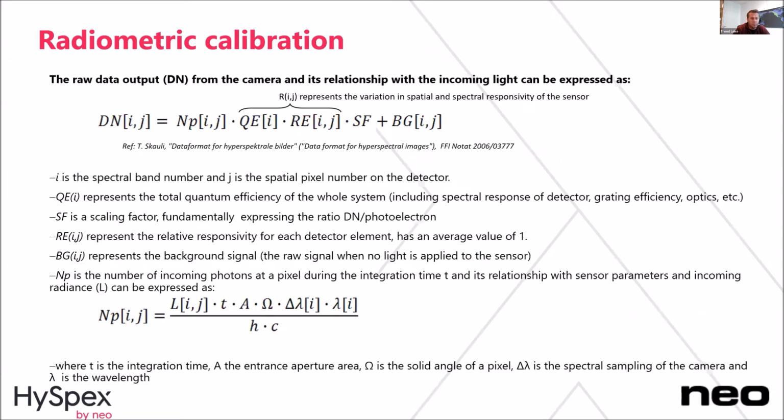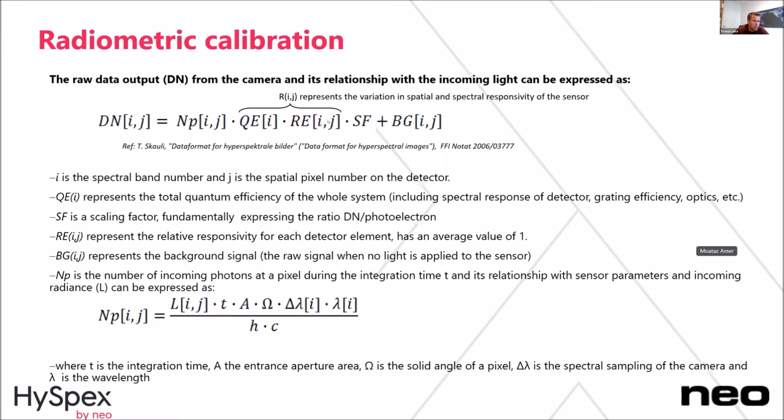So this can be a function for your output digital number on every pixel element, right? You have the number of photoelectrons, the total quantum efficiency of your system, the response matrix of your system, a scaling factor, which is basically the dN per photoelectron, and then the dark current. During the response matrix or radiometric calibration, you are gathering R here, which is a combination of QE